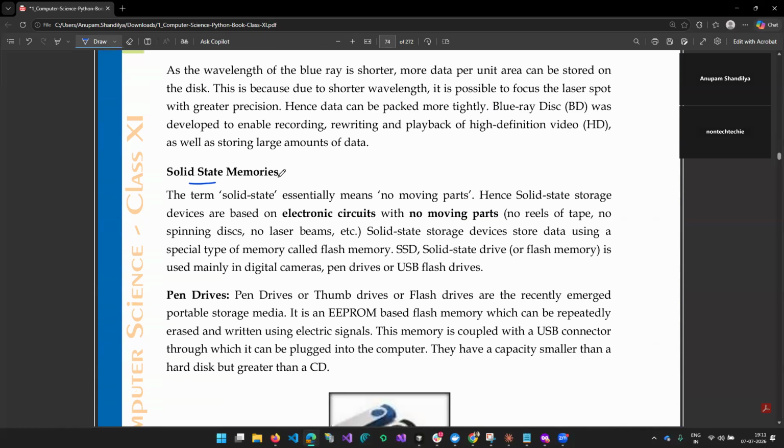Solid state. It essentially means no moving part. Hence, solid states are based on electronic circuits. So nowadays, you would have seen we have SSDs plus HDs. Any new computer you buy is going to have an SSD, which is a solid state drive. Hard disk has moving parts. So no matter how quickly you rotate the motor, it will be slower than this SSD. So it is always recommended to install your